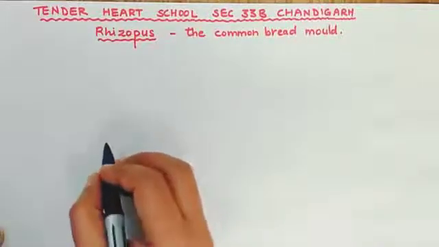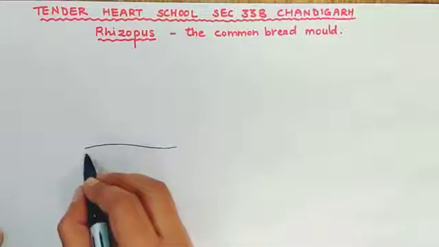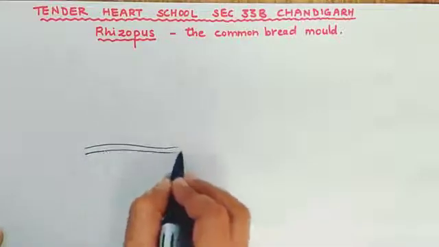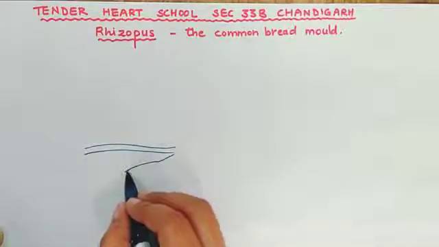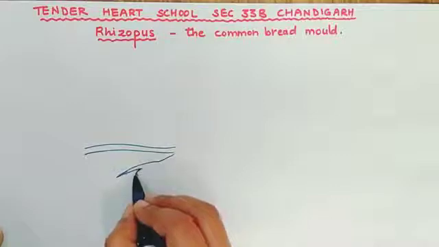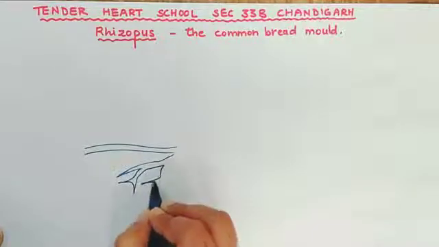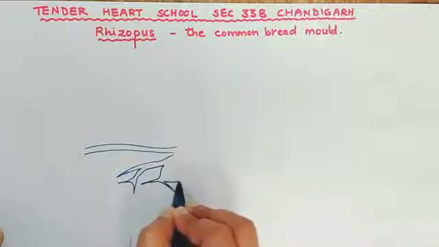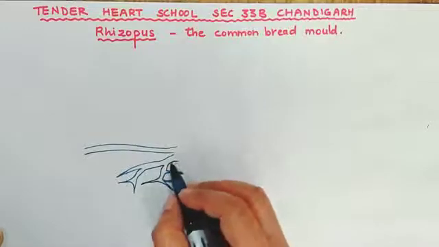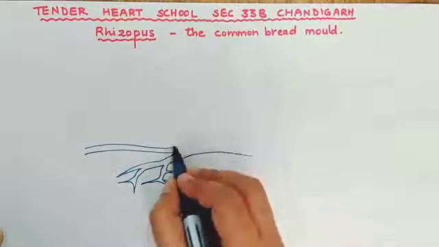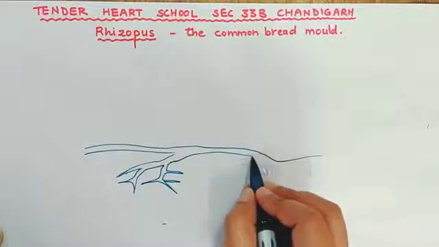Rhizopus consists of a number of thread-like structures, a network of thread-like structures. These are forming the hyphae. This is called the hyphae. So this is something looking like the root of a plant, right? So there's a huge network of this kind of hyphae